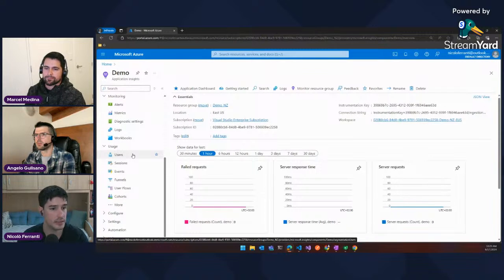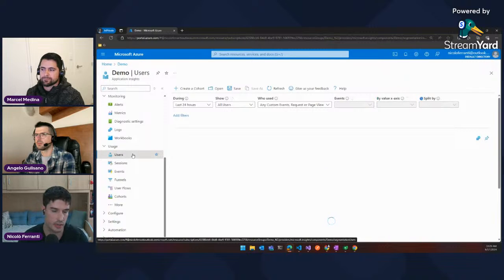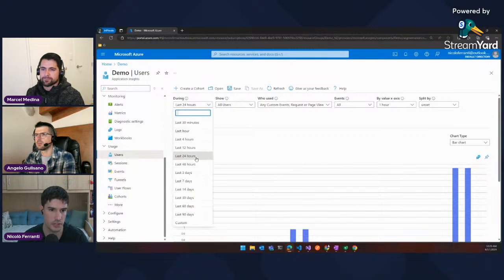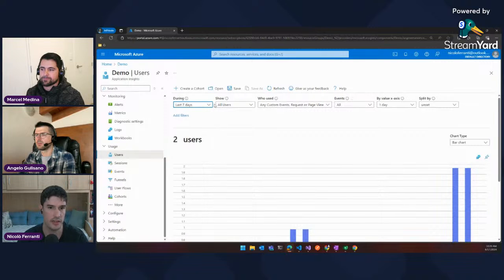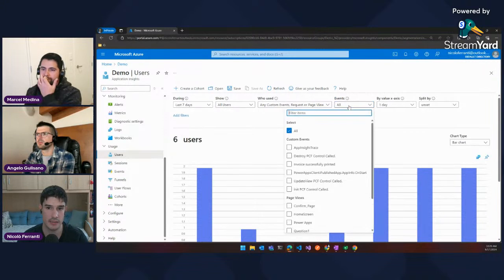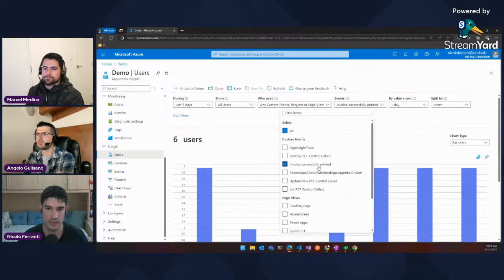Okay, another section is Usage, and for example, if you click on Users, we can track and monitor the user sessions. For example, if I change the range to the last 7 days to have more data to show you, we can also select a specific event that we want to monitor. For example, here, if I click on invoice successful printed, which is the event created when a PDF is created from our PCF. If I click on it,